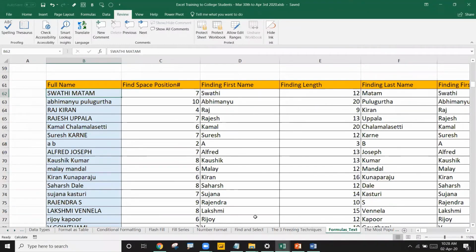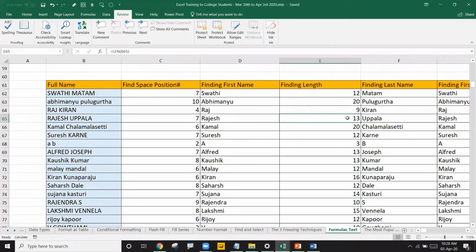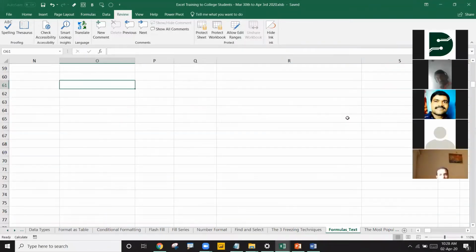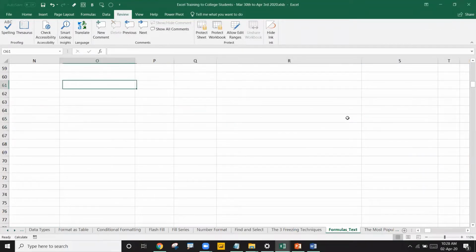The data was like this. Control V. Data is like this. He has some data like this.